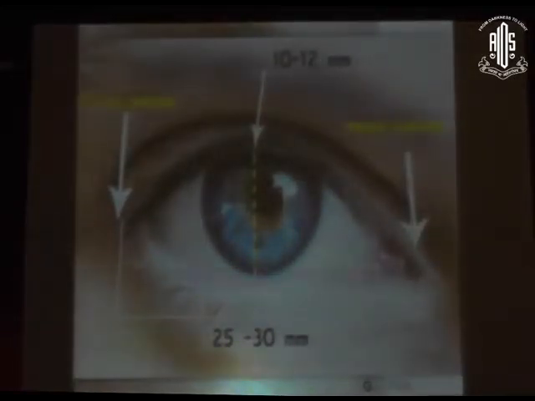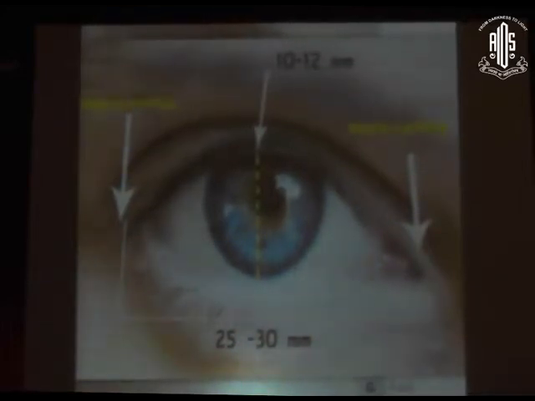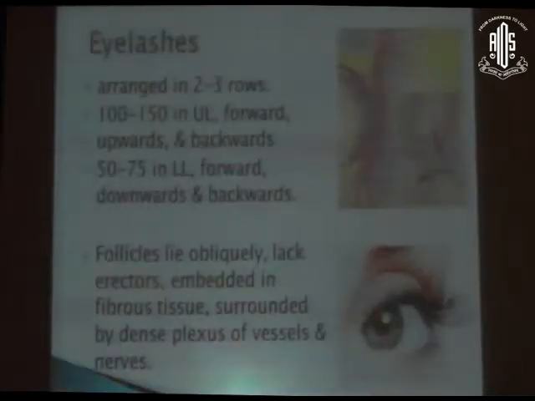The lateral canthus is placed 2 mm above the medial canthus, and this relation should be maintained in surgeries where we are disrupting the lateral canthal angle, as in cases of lateral tarsal strip procedures. The lid margins oppose each other and are nearly flat, around 2 mm in width. It is divided into two parts by the lacrimal papilla. The medial portion is the lacrimal portion, which is rounded and devoid of lashes or glands, and the ciliary portion has a rounded anterior border and a sharp posterior border.